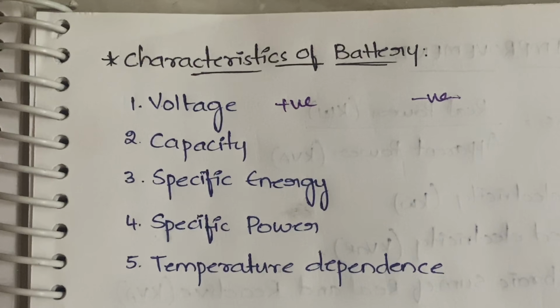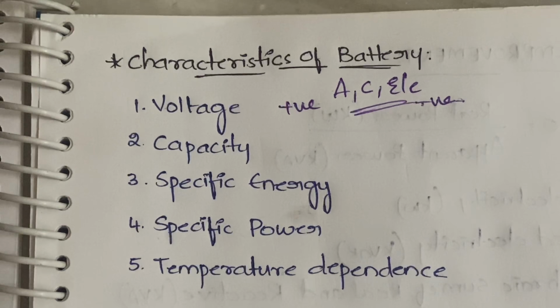The voltage of a battery will depend on the type of electrodes and type of electrolytes used in the battery. Electrodes are nothing but anode and cathode. So the voltage of the battery will depend on the anode, cathode and electrolyte used in the battery. Got it? So next,